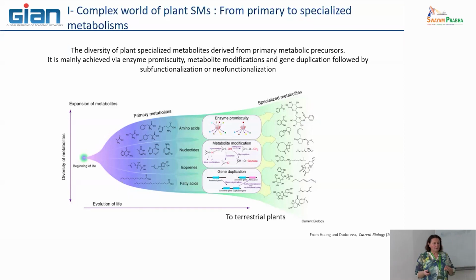And there is also another point, because during evolution, what happens in plants? They have duplicated a large part of their genomes. This means that they have not only one copy of a gene that leads to one enzyme, but a large number of copies of a gene that encode the equivalent number of what we call isoenzymes, because they are enzymes that have quite the same sequence and the same activity, but they have the possibility to recognize a larger number of substrates.